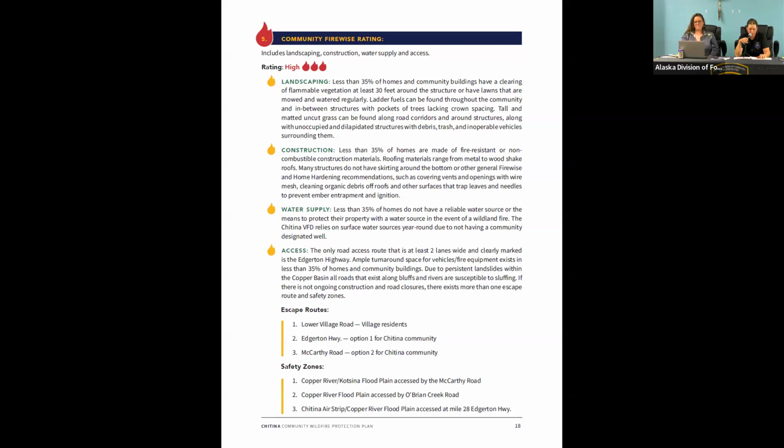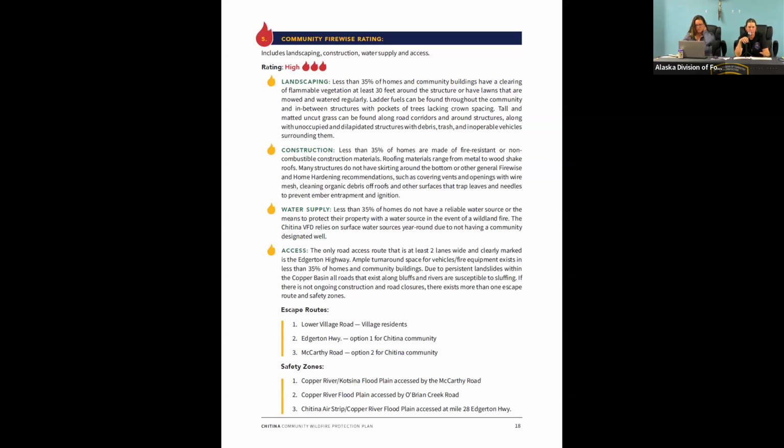Ladder fuels are present and can be found throughout the community and in between structures, with pockets of trees lacking crown spacing. So the significance, or what a ladder fuel means to us, is fire is a lot more attackable or suppressible while it's on the ground.